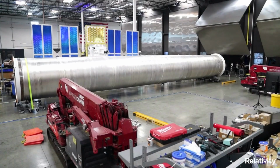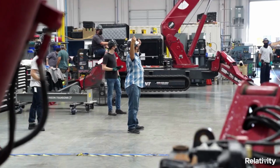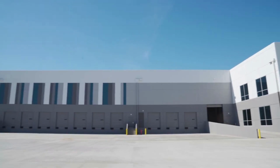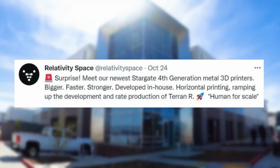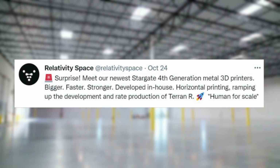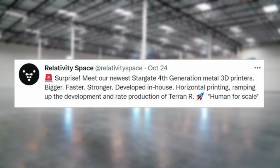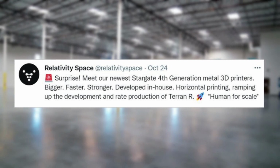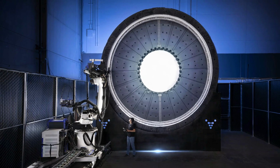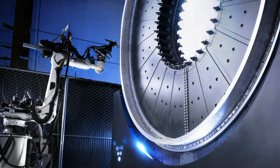In just the last few weeks, Relativity Space has been announcing a bunch of new information and general updates. Yesterday was no exception when the company tweeted saying, "Surprise! Meet our newest Stargate 4th generation metal 3D printers. Bigger, faster, stronger, developed in-house. Horizontal printing, ramping up the development and rate of production of Terran R. Human for scale." This included 2 different images of the new massive 3D printer inside Relativity's newest facility named the